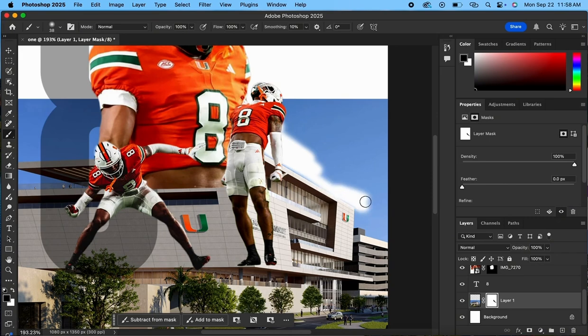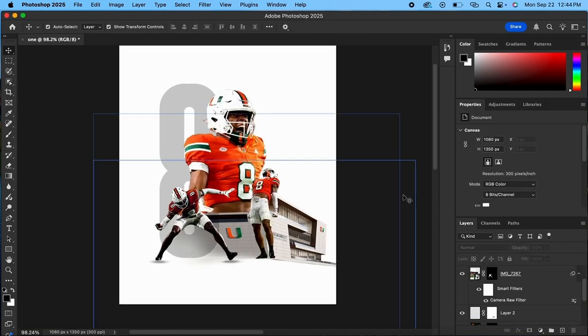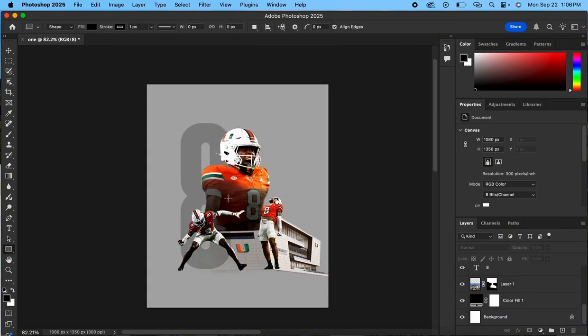And then right here, I went to the pen tool, and I just wanted to erase all the excess stuff, like the sky and everything, just the trees. And then after doing that, from using the pen tool, I just went over here, and then I went over